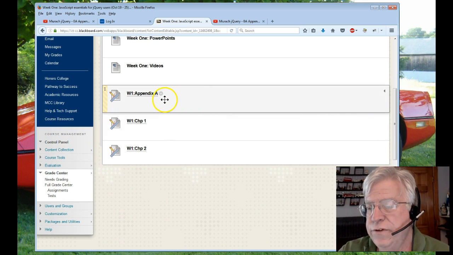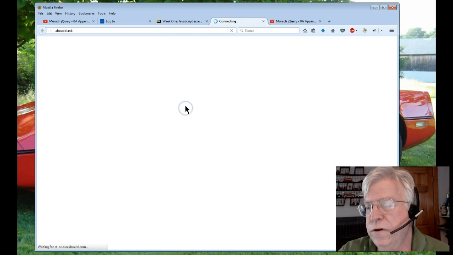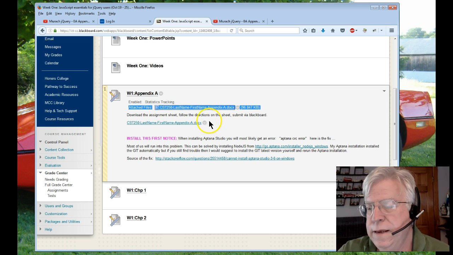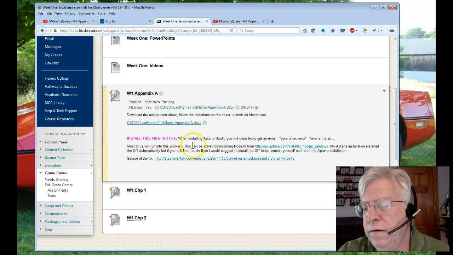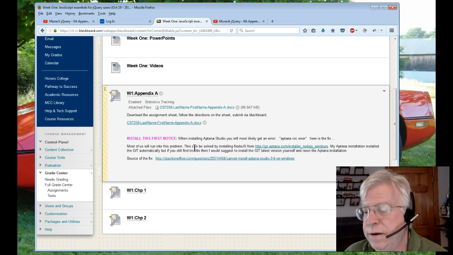And then for each assignment, if we open up the assignment, you'll see up here it says attached files. There is a copy of the homework doc, and there's also another link to the same file here. Here might be some information supporting the assignment. In this case, there were some issues with the Aptina